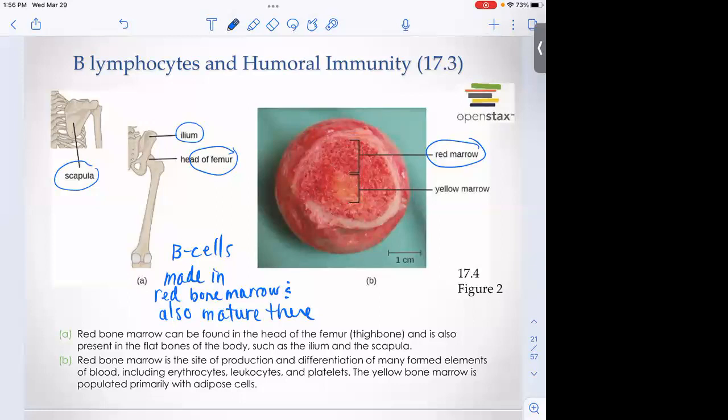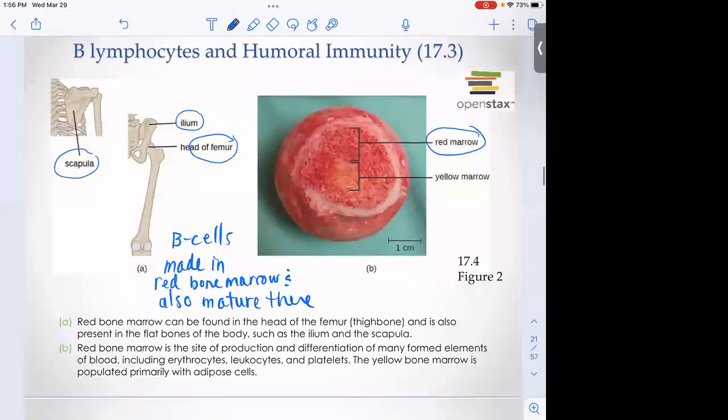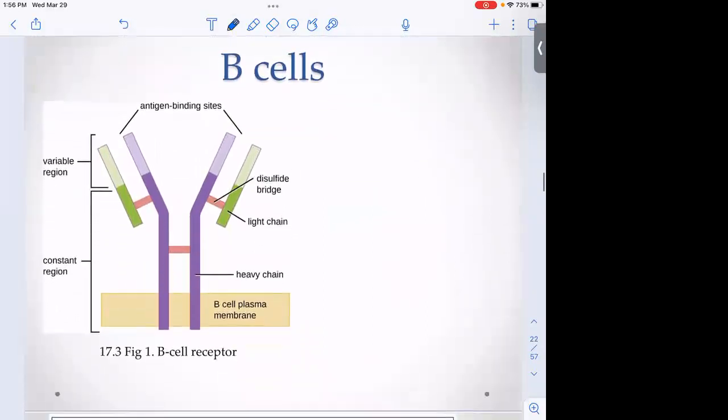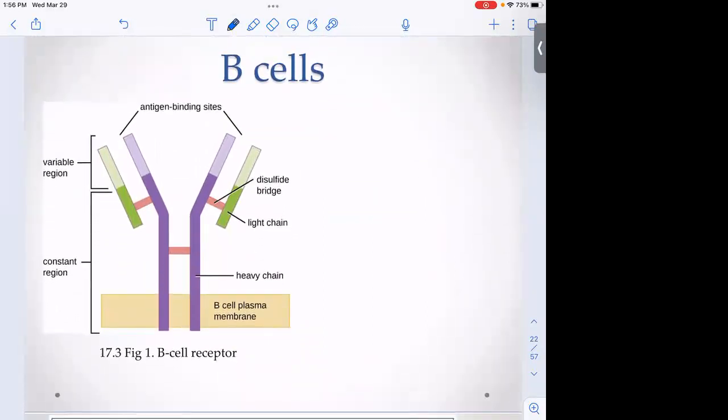So we don't really go through that whole selection process. Just mention that it takes place and that there are mechanisms so that our B and T cells don't recognize ourselves. Obviously, that's important. And hopefully nothing goes wrong with that, or else we have autoimmune disease. All right, so if we think about what the B cell receptor looks like,